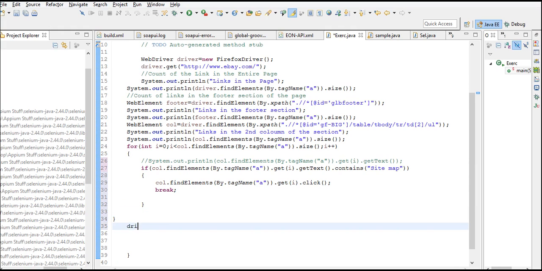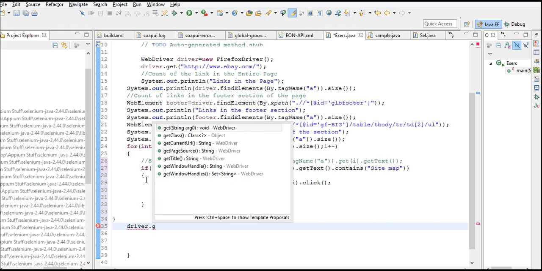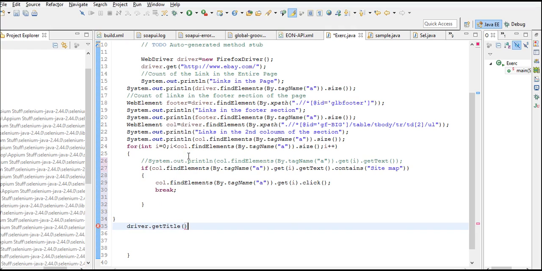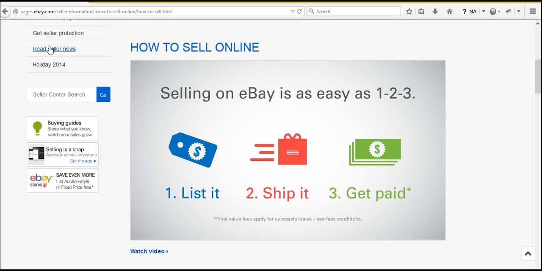And now get the title of the page. Driver dot get title. Okay, so I'm asking it to get the title of the page, right? I will give the same step before clicking, right? So before clicking on sitemap,